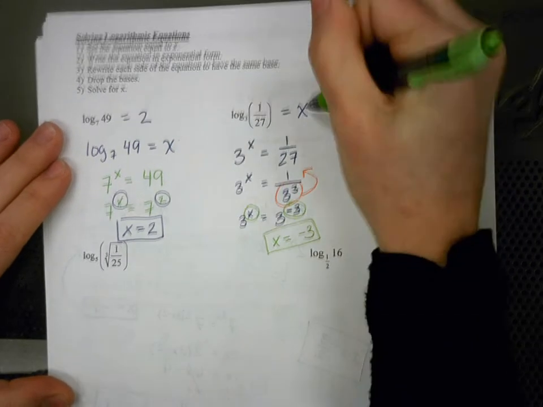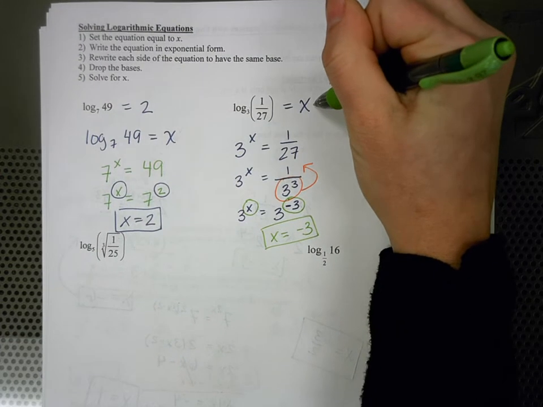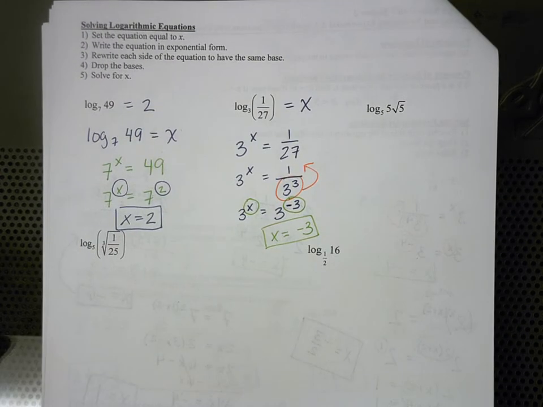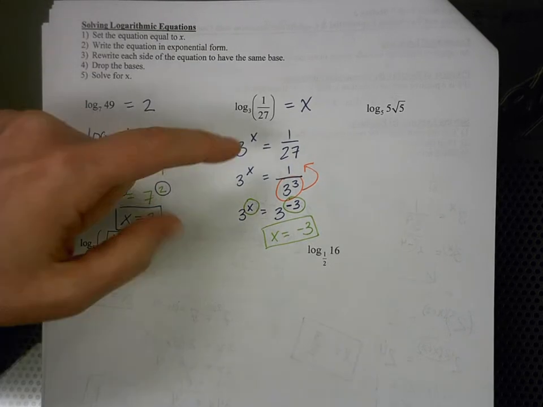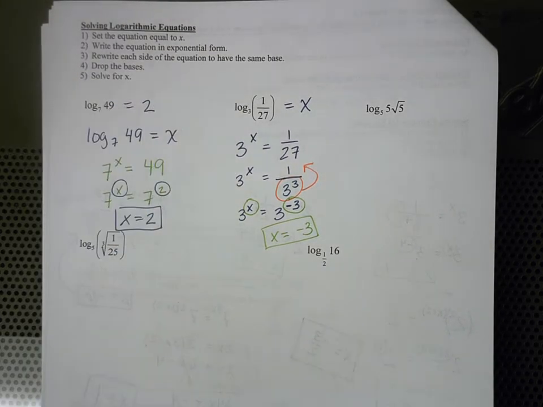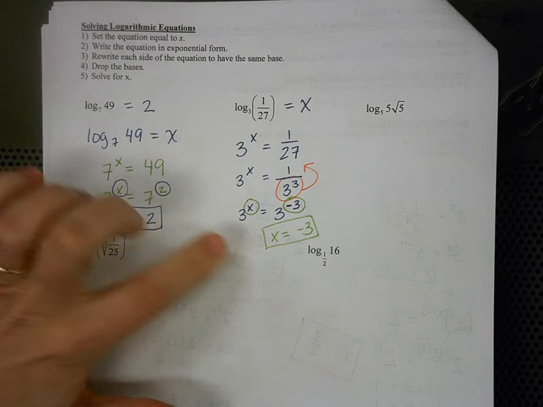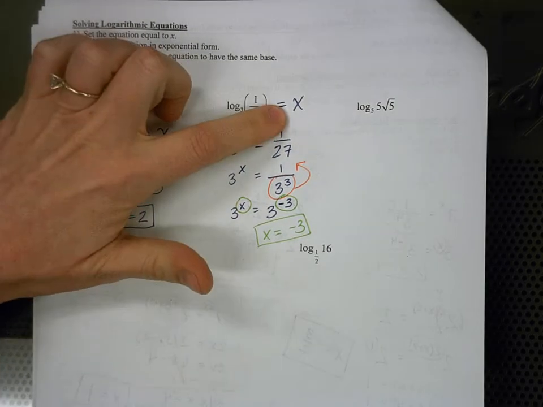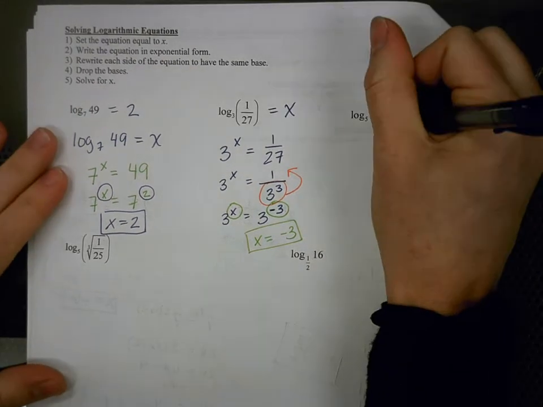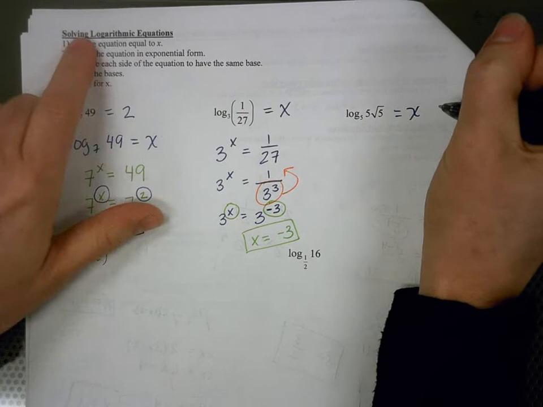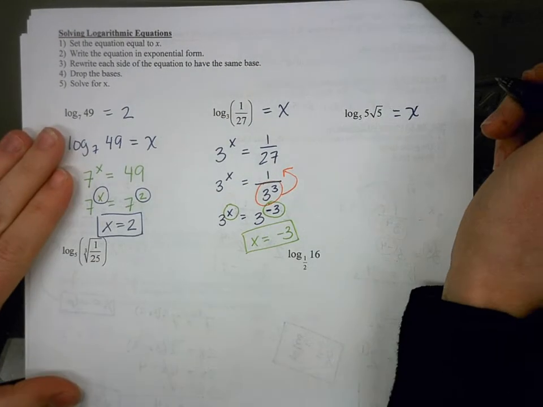So we created an equation by putting x there, and we found our answer for x equals negative 3. It helps us to evaluate the logarithm. So we get negative 3 for log base 3 of 1 over 27 equals negative 3. But you can just leave it as x equals negative 3 if you write that your logarithm is equal to x. Okay, so again, step 1, set the equation equal to x. Step 2,